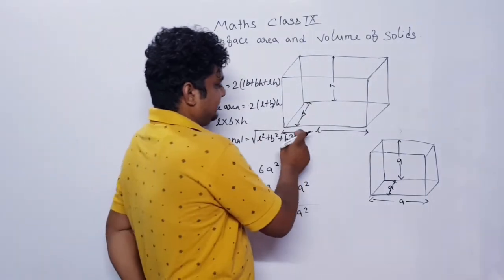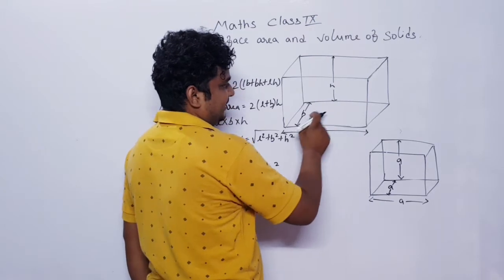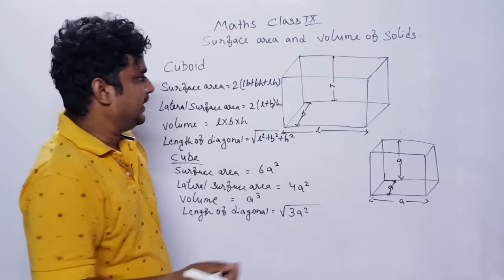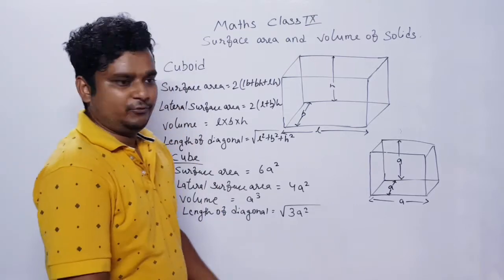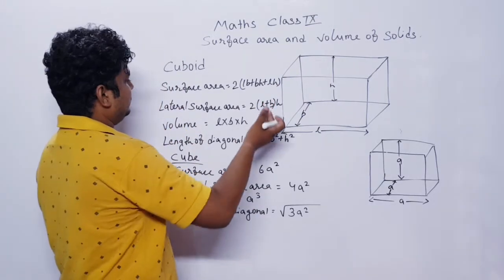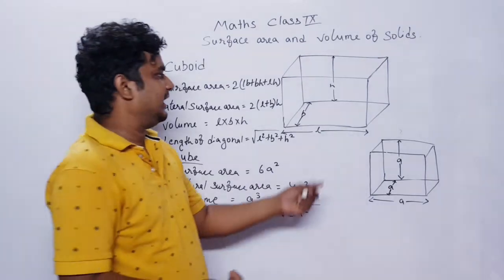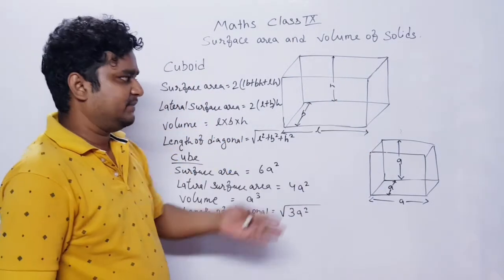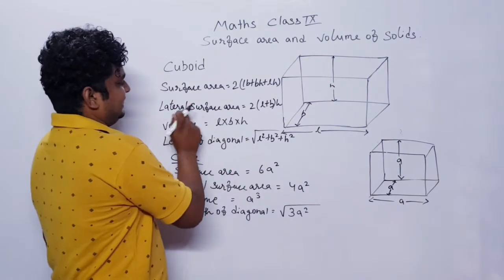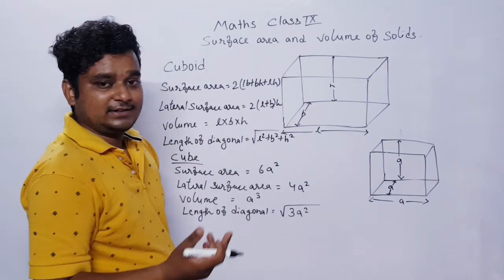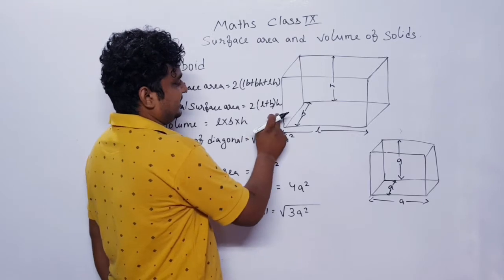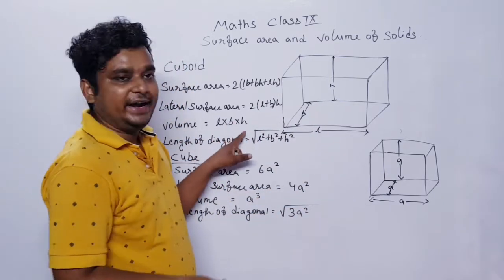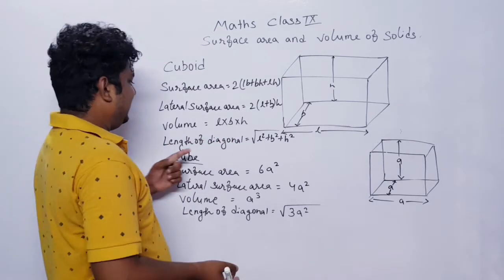We write that this particular side will be the length, this is the breadth and this is the height. Breadth and width are both the same thing, so you can take breadth as width also, no problem regarding that. In some questions it might be given that the width of this particular cuboid is this much, so that is the breadth given. Lateral surface area, the formula will be 2 into (length plus breadth) into height. Volume is length into breadth into height.